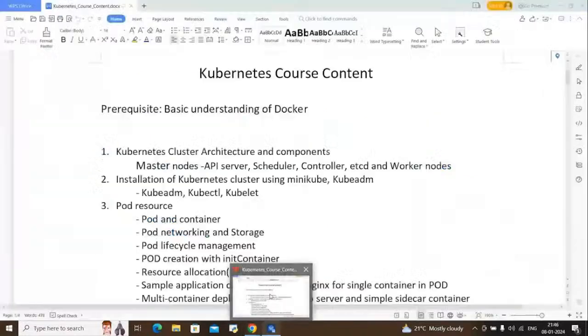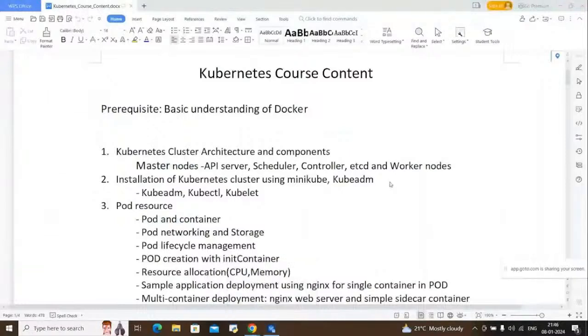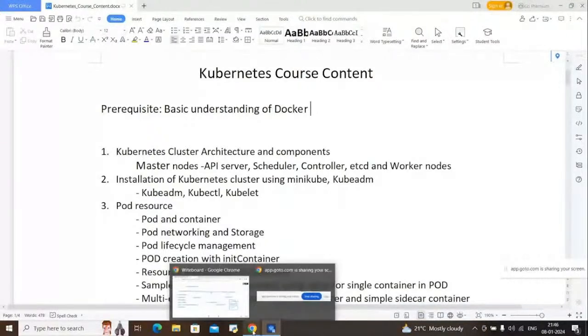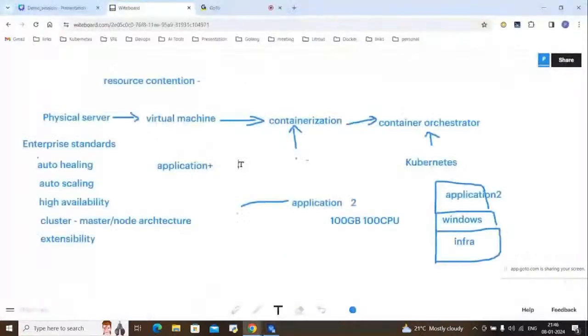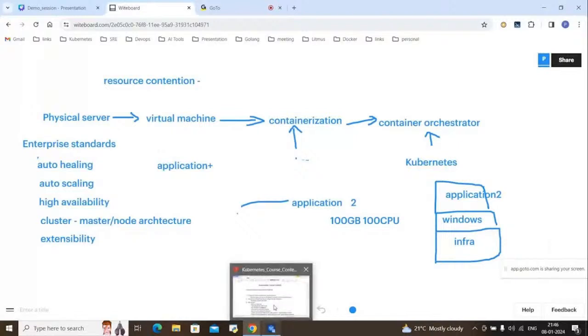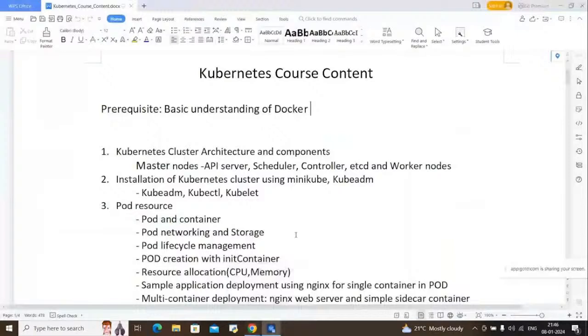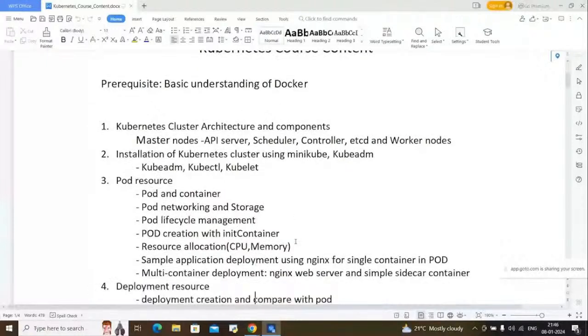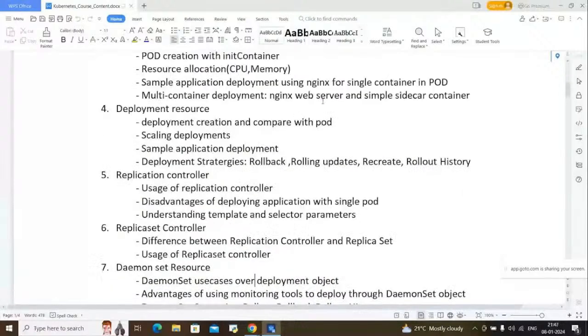Okay, so if no question, then we'll go to the Kubernetes course content. Yeah, Rohini. Okay, so it's like what kind of application are you going to deploy in Kubernetes? Yeah, I will show that, because for every resource we have some basic application to deploy, and finally we are going to show some very specific applications to deploy. For example, in the pod or deployment, we will specify a simple application initially to understand,